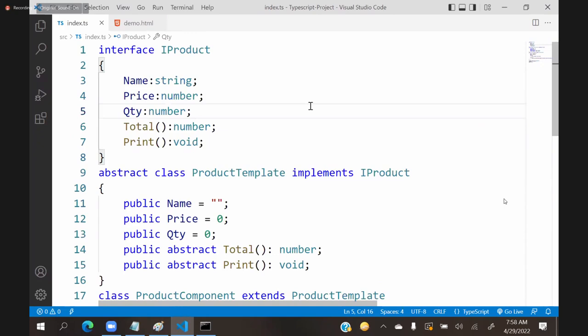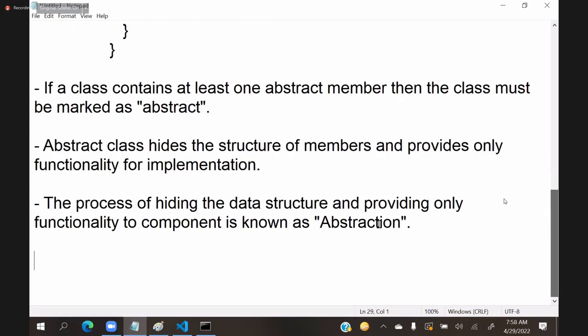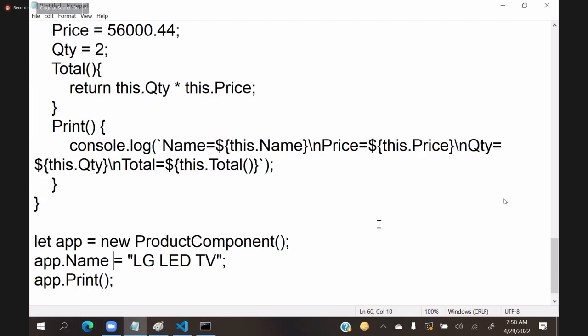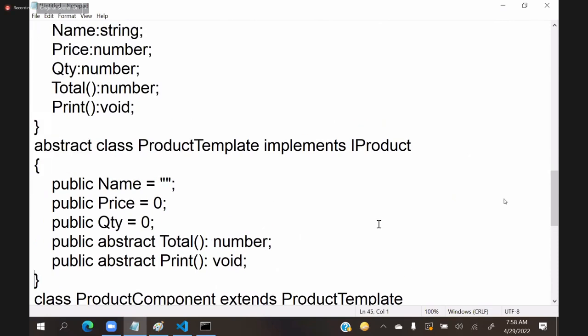So we have contracts, and we have abstract classes, templates, and we have components. This is one small example. This is an example of how we can design and work with the contract. Right. Now here,